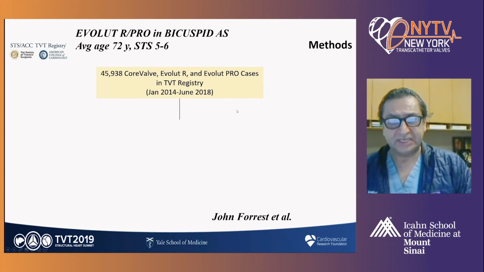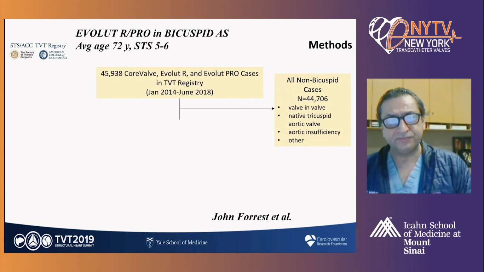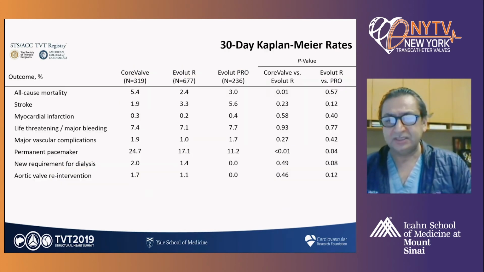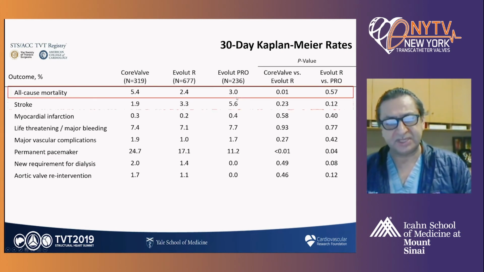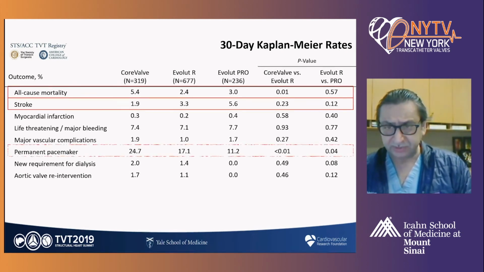So similar data exist, not as large, but also for the Evolut Pro in bicuspid aortic stenosis. If you look at the outcomes here, these are data presented by John Forrest. You can see that the 30-day mortality was 3%, and this was significantly better than the previous experience with the core valve, and the stroke rates were 5.6%. Now, going to the more